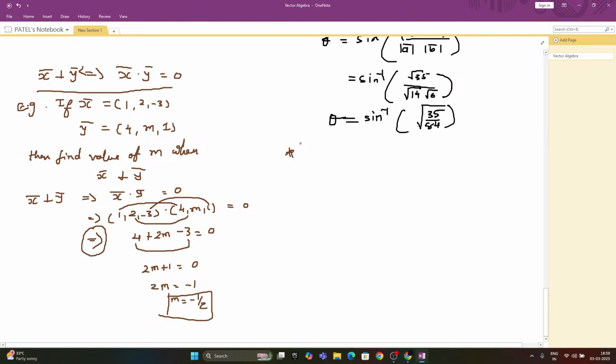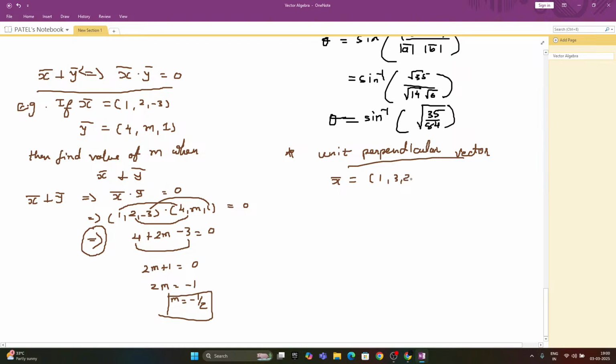Now we are going for the next topic, which is called unit perpendicular vector. For this unit perpendicular vector question, we have one x bar, suppose I'm taking directly the example